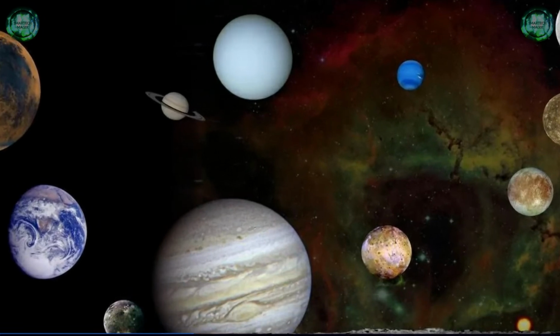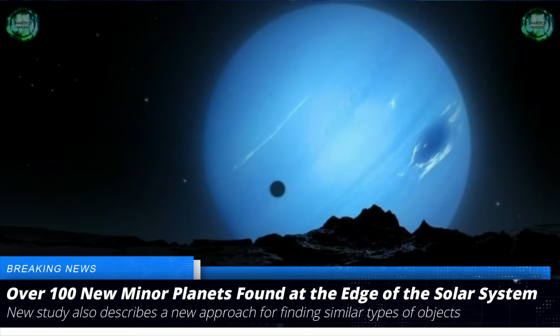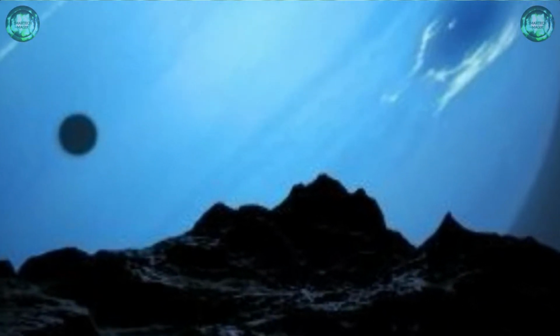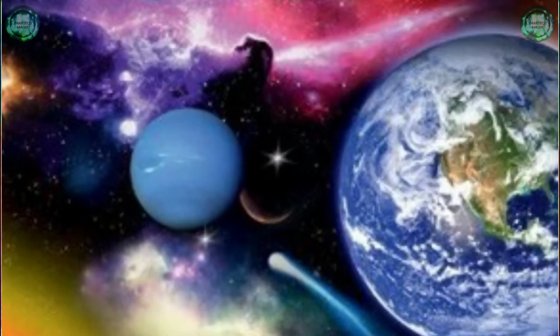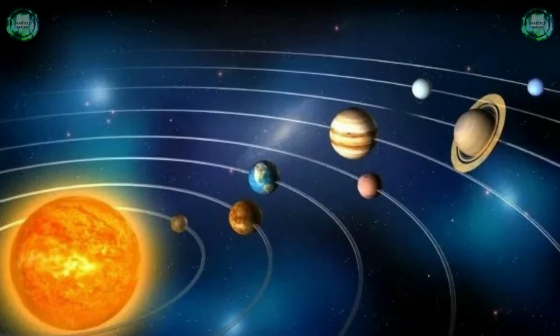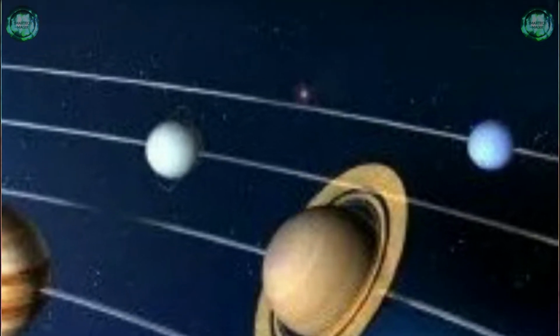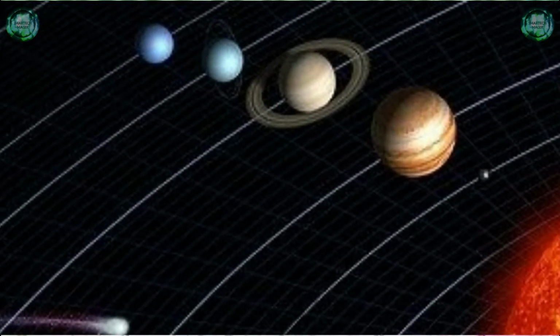Astronomers have discovered more than 100 new TNOs, minor planets located in the far reaches of the solar system. For the study published in the Astrophysical Journal Supplement Series, the researchers used data from Dark Energy Survey, that is DES, an international collaborative effort to map hundreds of millions of galaxies to detect thousands of supernovae and find patterns